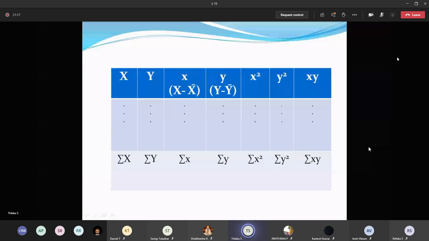So this is the method to calculate the regression lines. This is the table format. Capital X and capital Y are the values which were given. We have to find out the relationship between these given variables x and y. From capital X and Y, we have to find the value of small x and small y. Small x is equal to capital X minus x bar, where x bar is the mean value of the variable x. So how to calculate the arithmetic mean, or the average, for the variable?